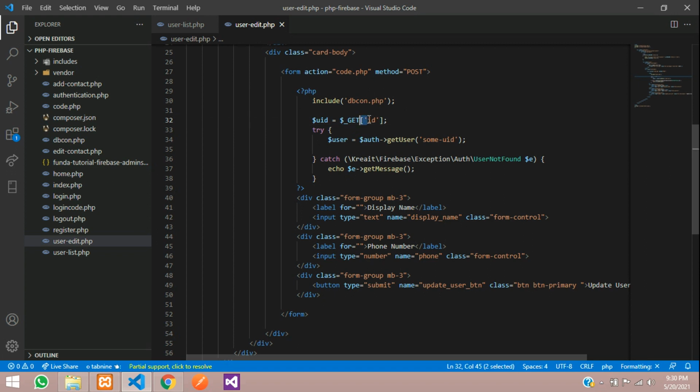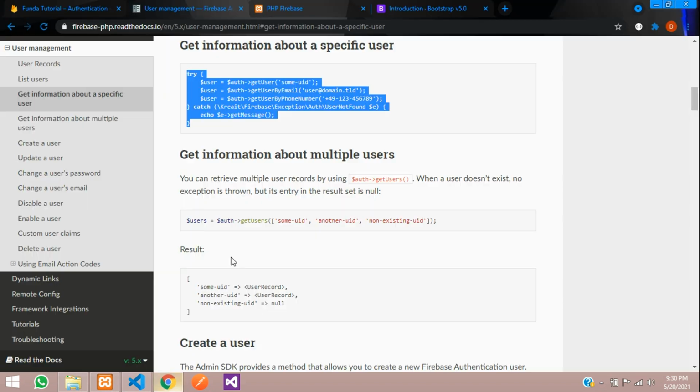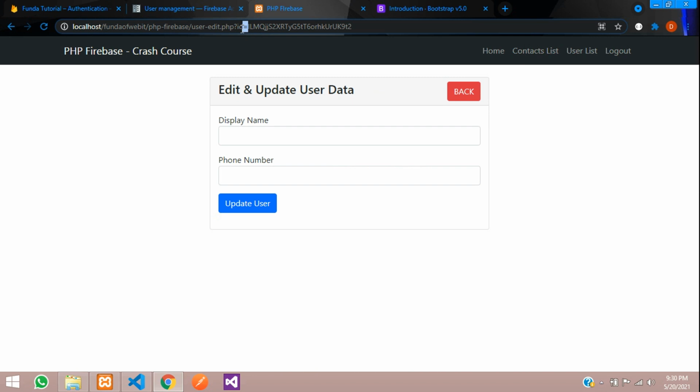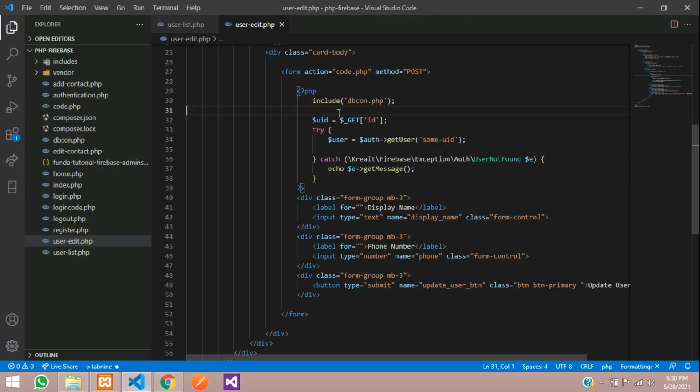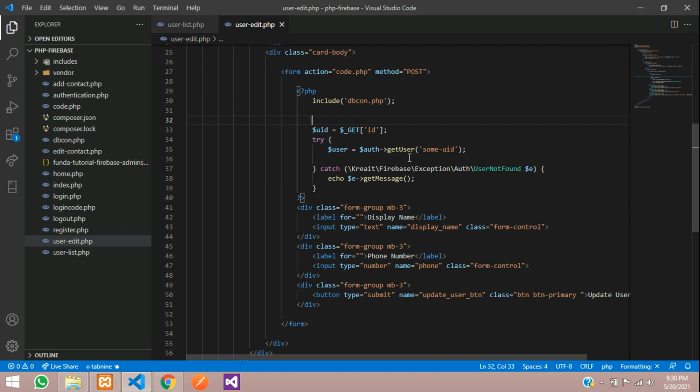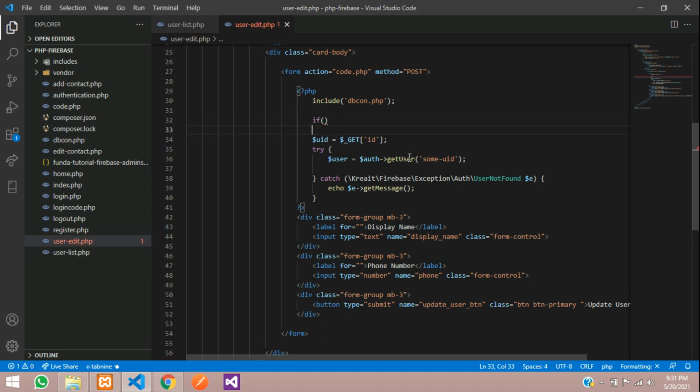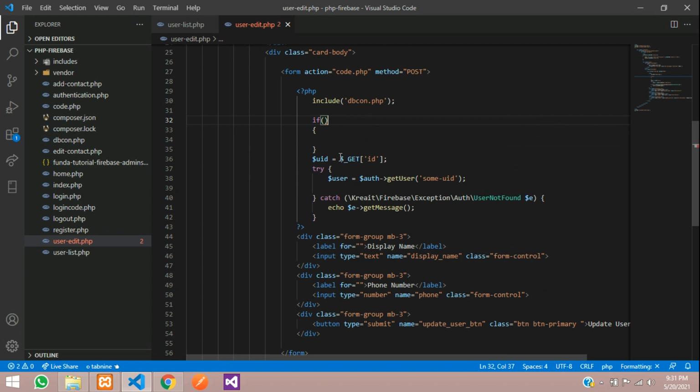This id is nothing but the one you are calling over here. Now let's put this in an if condition to check if it is set or not. So if, open bracket, close bracket, copy, use the isset function to check if the data is there, then you will be inside this condition.